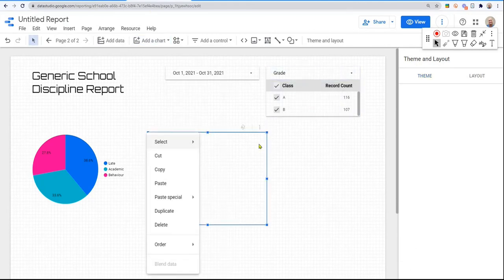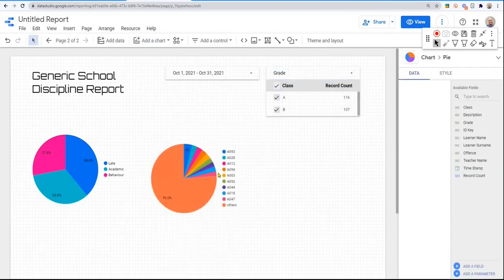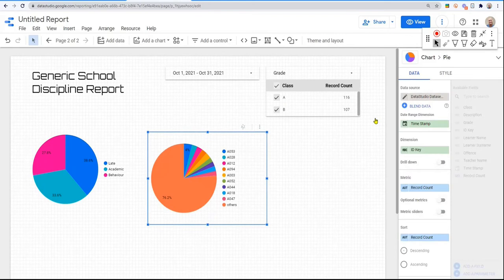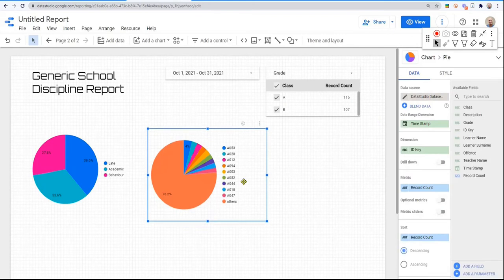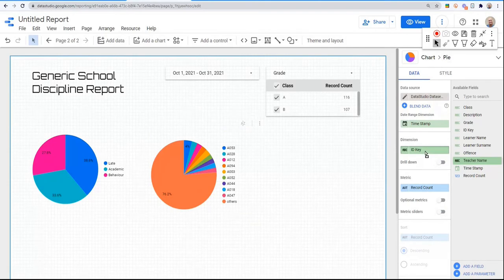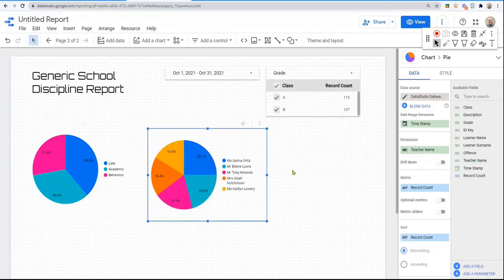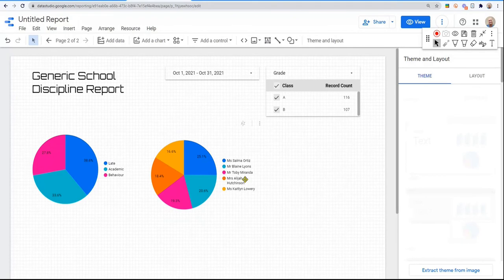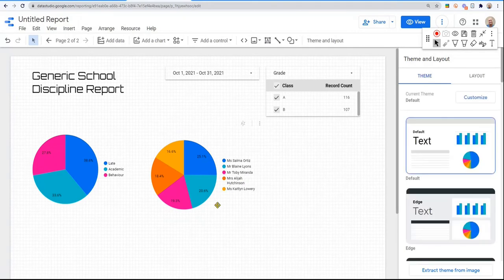If you want to be, okay, I'll show you how to do that in a second. So they've got another pie chart. I want to have a look at the teacher names. What are they doing? All right, so I've got 5 teachers that I'm using in the school. And here I can immediately see Miss Salma Ortiz is the meanest of the lot. She's been giving the most entries